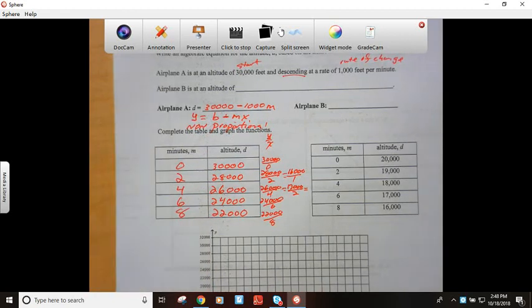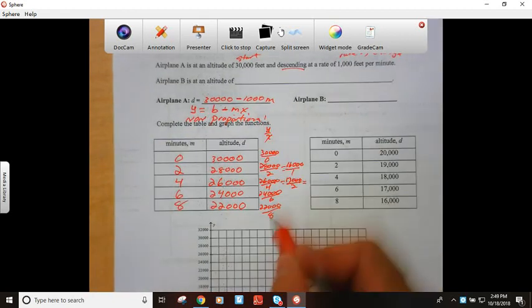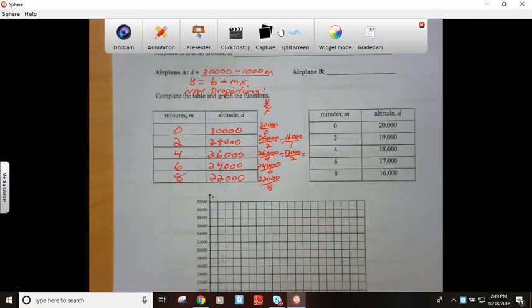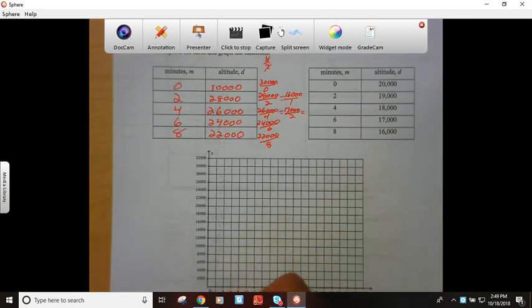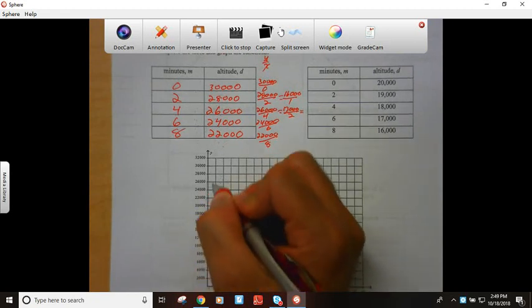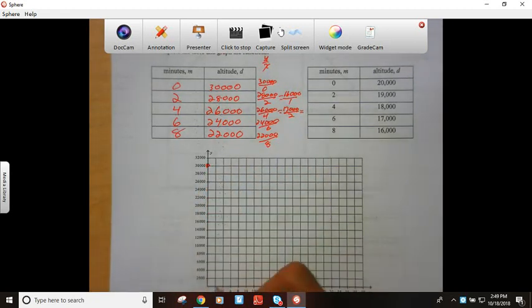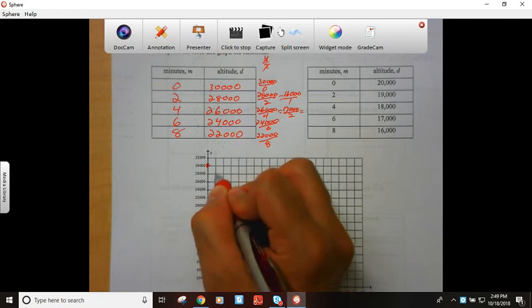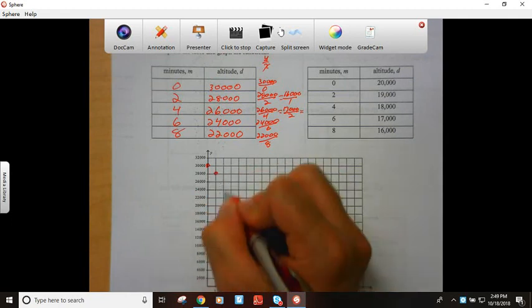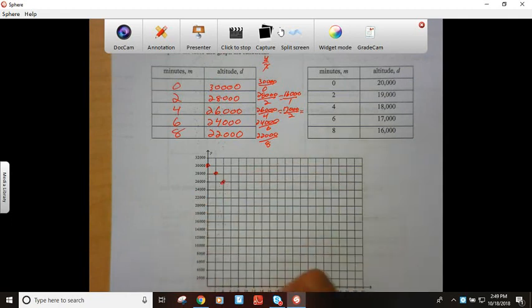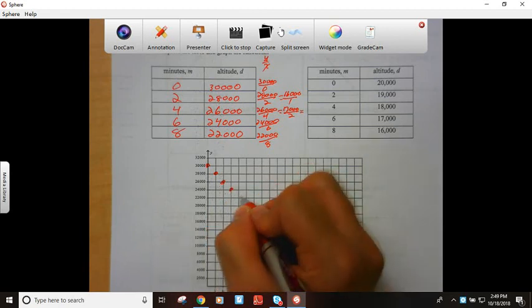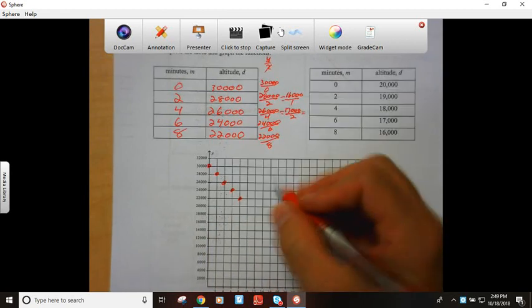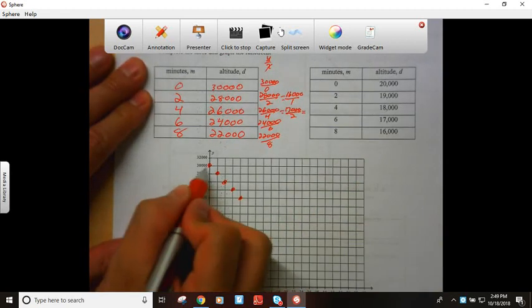All right? So if it matches, let's take a look if I were to graph it. So graphing this plane, at 0, we're at 30,000. At 2, we're at 28,000. At 4, we're at 26,000. 6, 24,000. 8, 22,000. And we can continue our graph. So when you look at your graph, your data